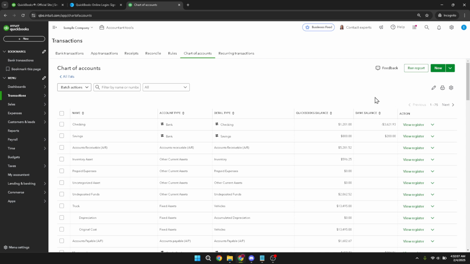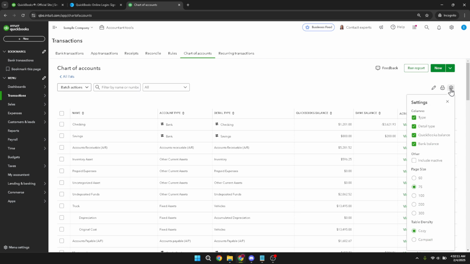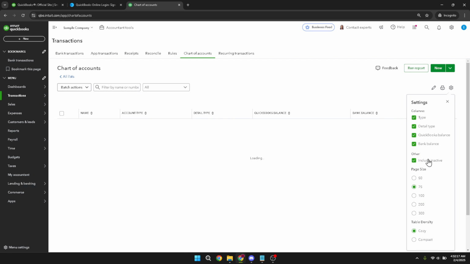Now that you're in the Chart of Accounts, it's important to make sure you can view all inactive accounts. For this, locate the gear icon. It's usually found in the upper right-hand corner of your Chart of Accounts page. Click on this gear icon and make sure to check the box that says Include Inactive. This step is crucial as it allows you to view and access all accounts that are currently inactive, preparing them